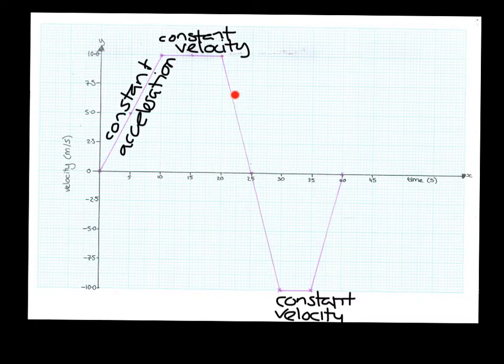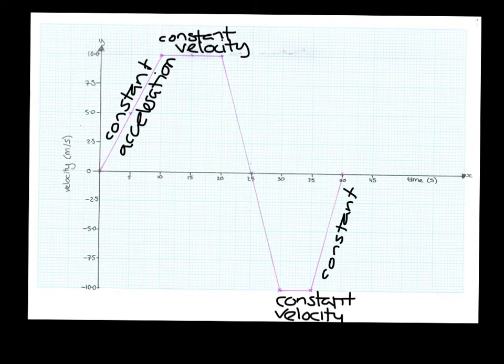So technically all of this section here and this section here, you could say that you're accelerating because the velocity is changing. And there's nothing wrong with that at all. If we have a little think about whether the velocity is getting bigger or smaller, here the magnitude of the velocity is getting smaller, and here the magnitude of the velocity is getting smaller. So you could say that you've got